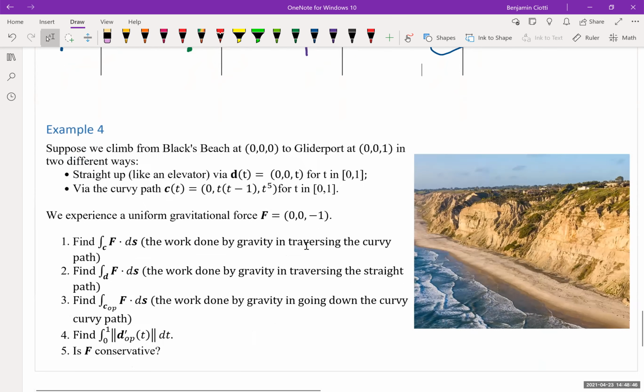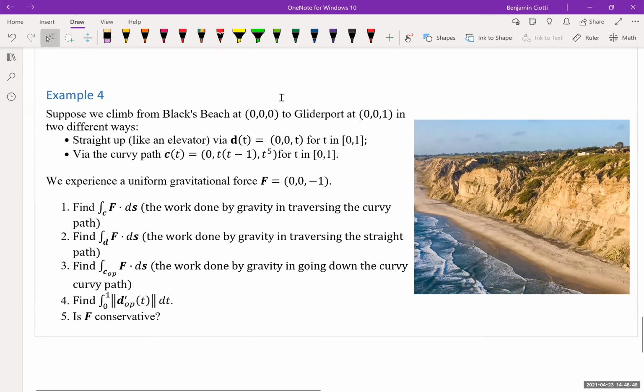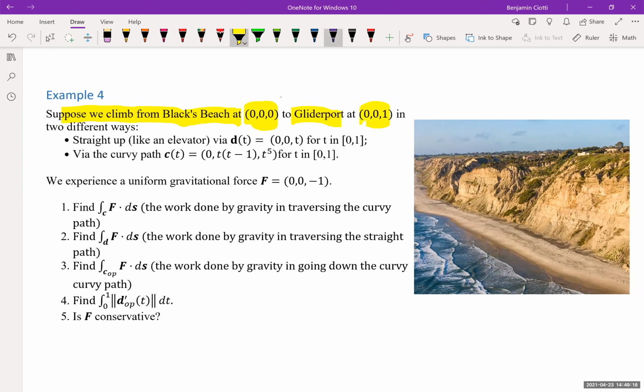The last thing I wanted to do was this example with Black's Beach to illustrate all these concepts. So I'm probably going to go a couple minutes over, but I think it's worth it to cement these concepts. So here's the problem. Suppose that we climb from Black's Beach, which let's position at the origin, up to Glider Port, which I'll position at the point (0, 0, 1). So here's the beach